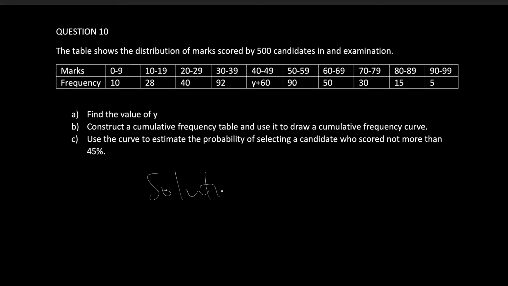So our solution. We have the marks and the frequency. The frequency is the number of students who scored a particular mark. So in this case, it means 10 people scored between 0 and 9, 26 people scored between 10 and 19. So the total frequency should be the number of students or candidates who took the examination. So what we are saying is that the total frequency